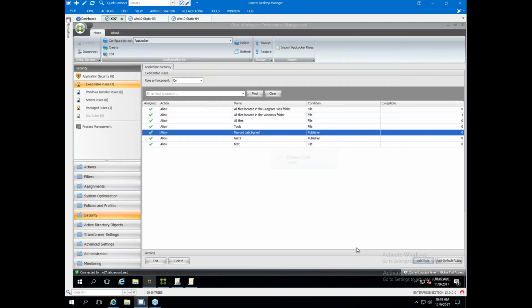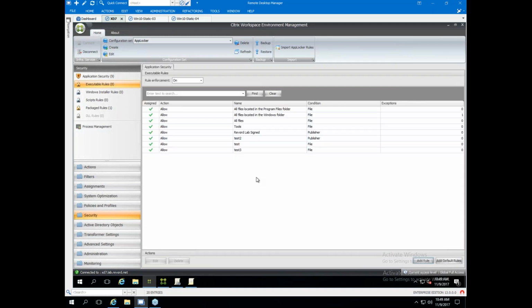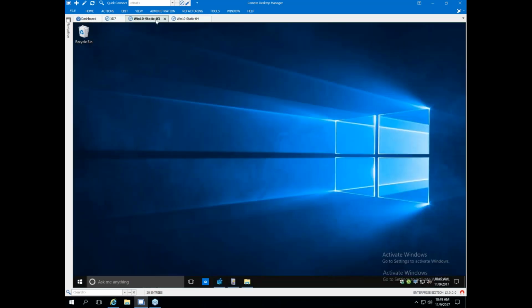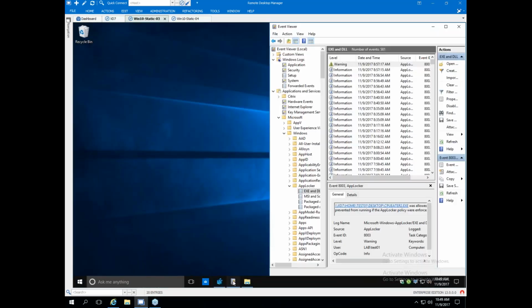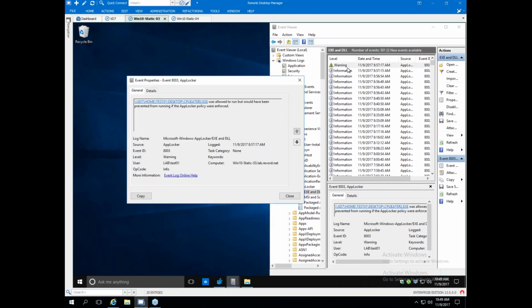So we'll make a quick rule. Once I hit create, that's applied. The next time the WEM agent refreshes or a user logs on, he will be affected by that rule. To that end, always start all of your rule-making with rule enforcement in audit mode. Okay? That ensures that you can then log into a machine, such as our little demo guy here, and get nice, happy messages such as this.